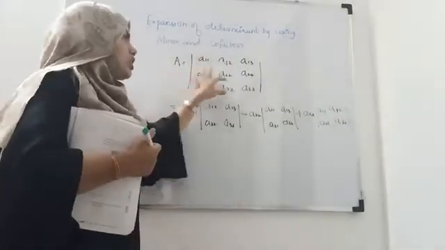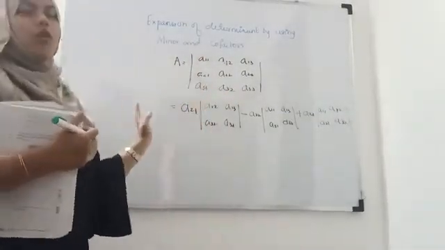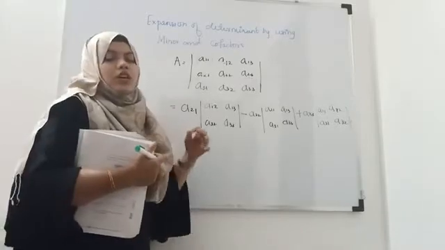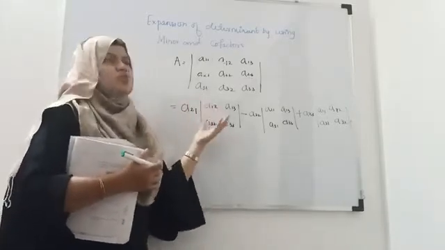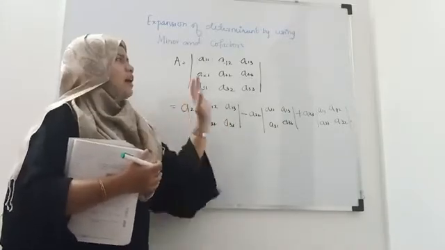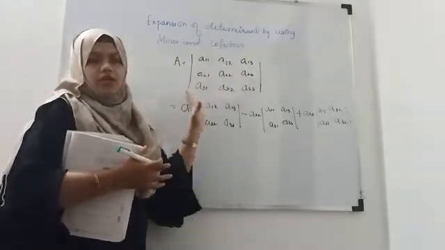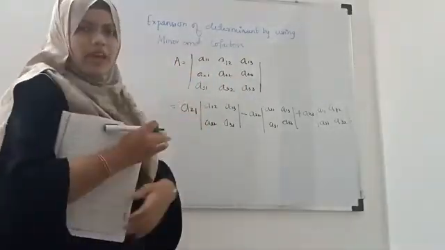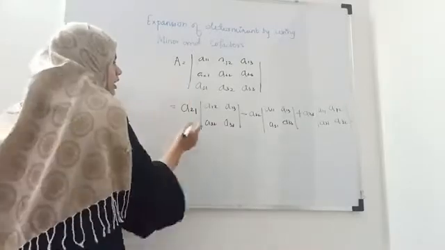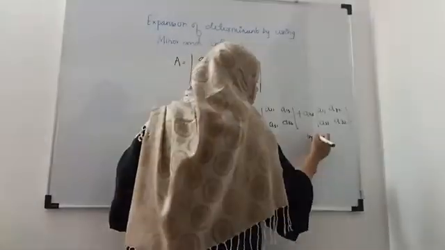You can also use the third row to find out the determinant, but always the first row is the one used to find out the determinant, okay? But you can use any row or any column. You can also use the column, okay? If you want to use a column, how will you write it? This is by the second row, okay?